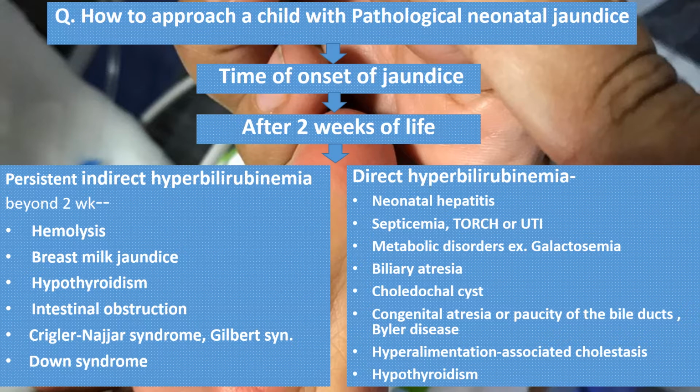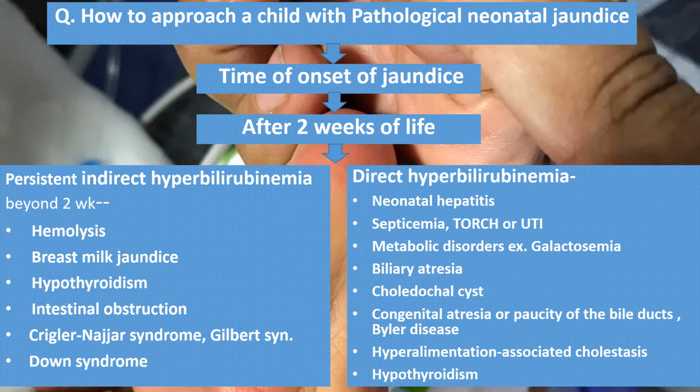And intestinal obstruction will also lead to pathological jaundice, as seen in pyloric stenosis. And if it is not, then Crigler-Najjar, Gilbert. Gilbert very rarely causes pathological jaundice, only when the newborn has another comorbid condition. For example, if the newborn has G6PD deficiency and Gilbert syndrome also, then it will present in the newborn period. Otherwise, Gilbert is not present in the newborn period unless it is associated with another comorbid condition.